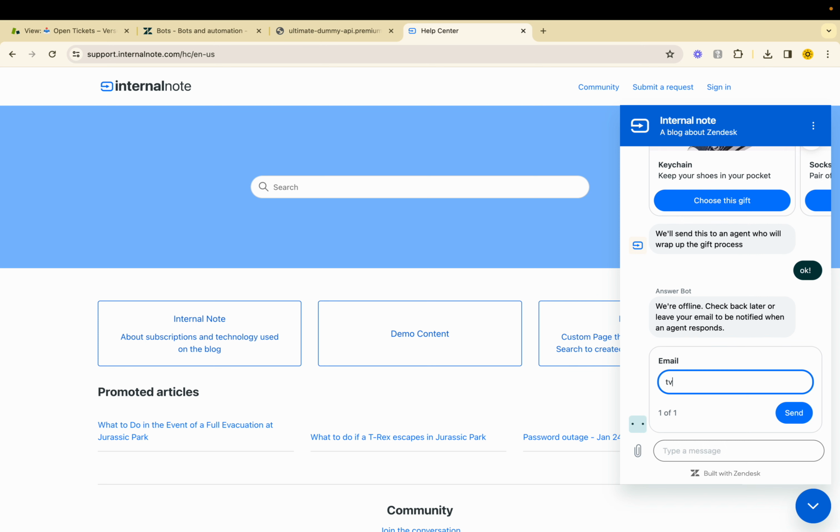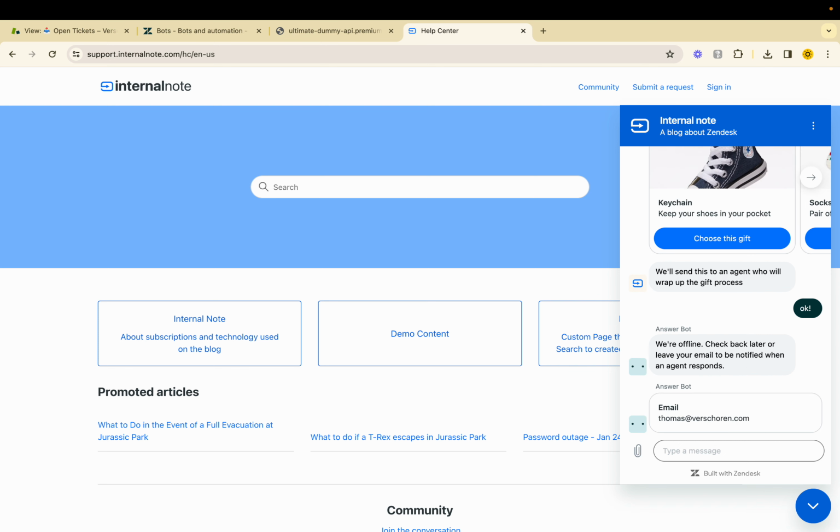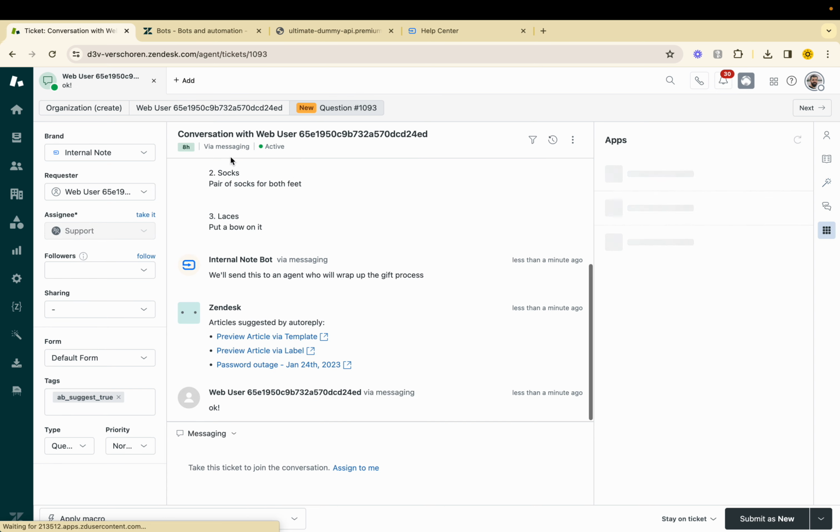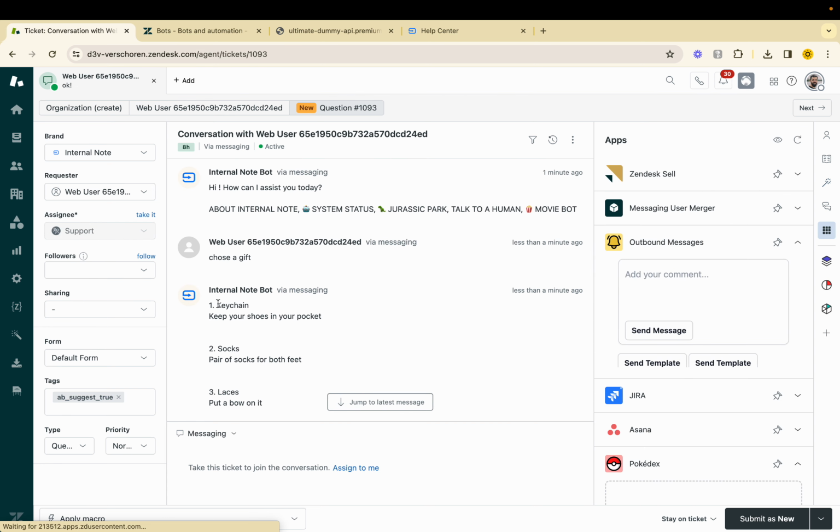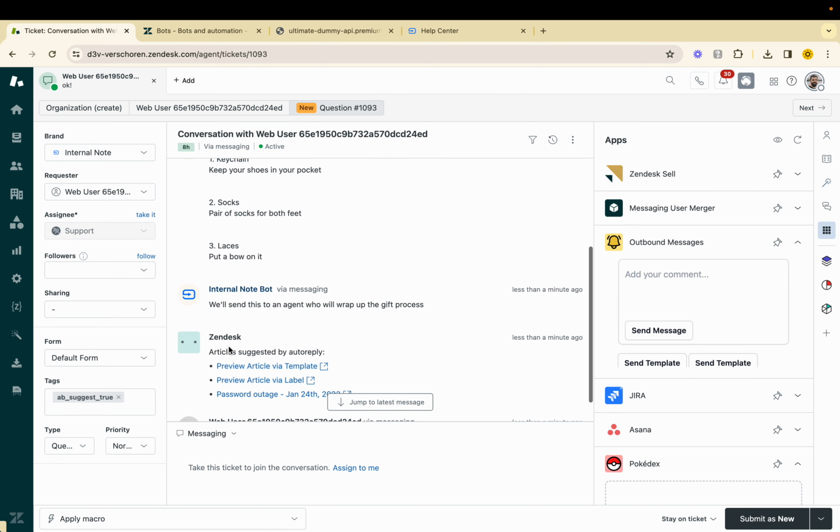We need an email address. Feel free to email with feedback. And that goes into Zendesk. If you now go into a Zendesk instance, we have our tickets. And if we go to our conversation, then we see, hey, how can I assist? Here are all the gifts I've chosen. And then